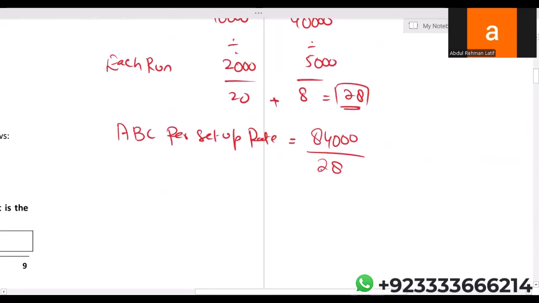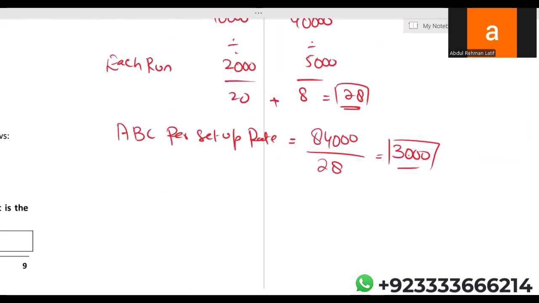So 84,000 divided by 28, I'm getting 3,000. So the ABC rate per setup is 3,000, but this time we are required to calculate the setup cost per unit of product